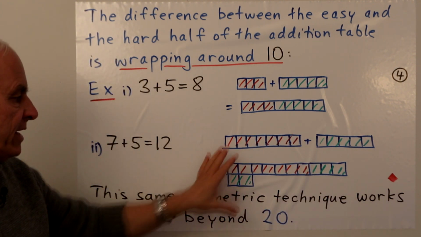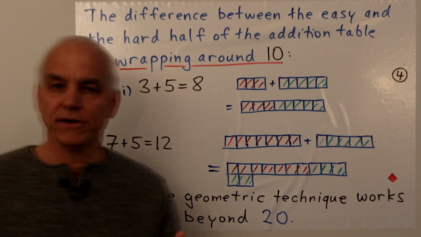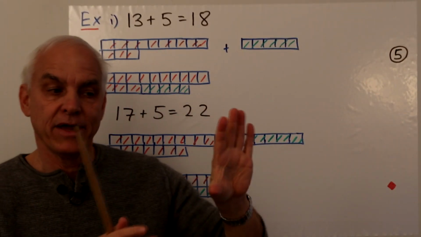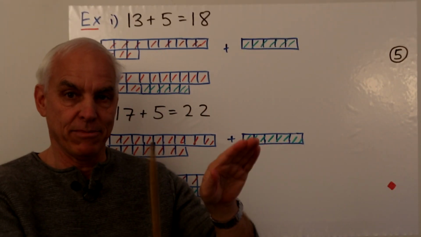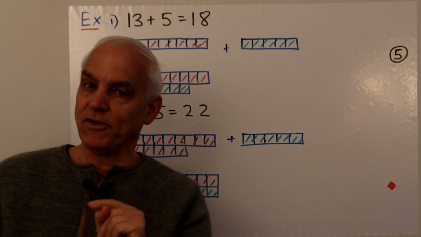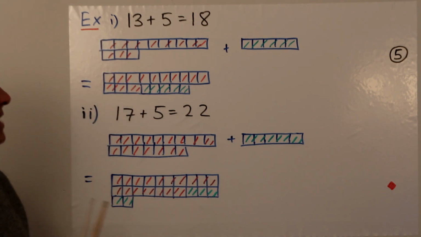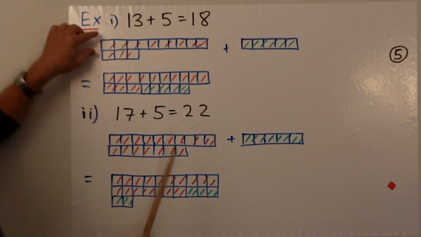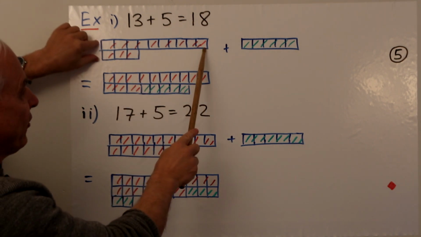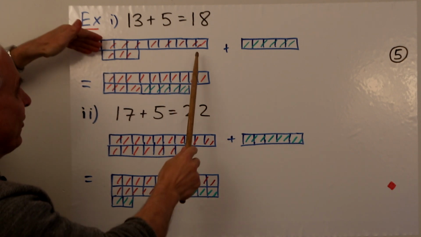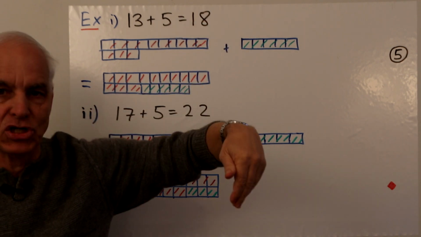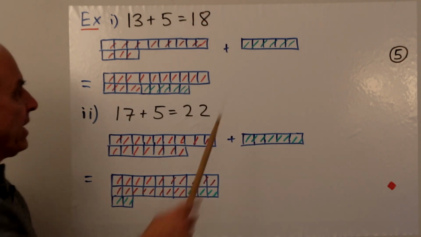And this geometric technique, happily, works for sums beyond 20. That's one of its advantages. So now let me illustrate that by having a look at two variants of those examples that we've just looked at. Let's look at 13 plus 5 now instead of 3 plus 5. So 13 plus 5 is 18. And here's a visualization of it. Here's 13. It's 10 plus 3. So we've written it this way instead of in a long row rectangle because it corresponds better with our Hindu-Arabic representation of the number. And here's 5.